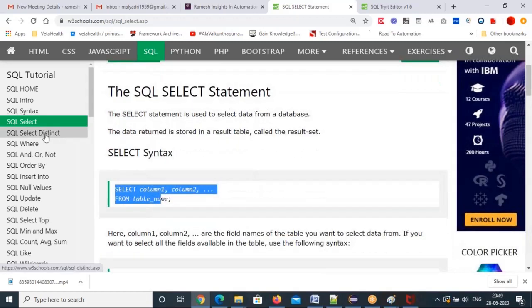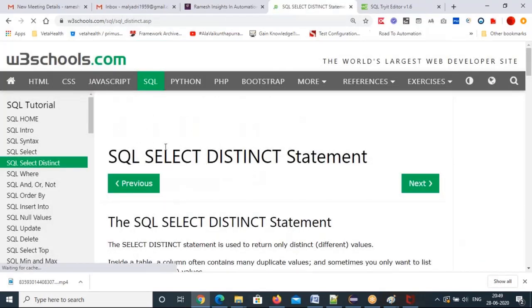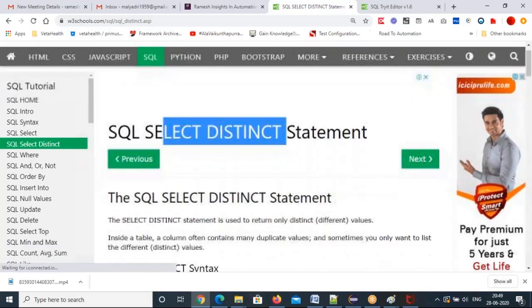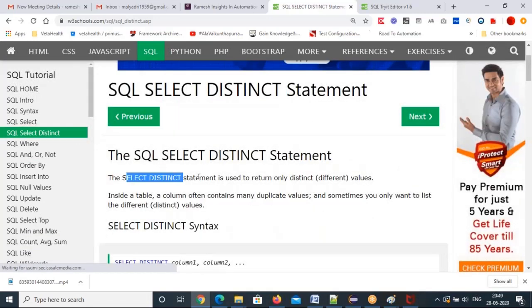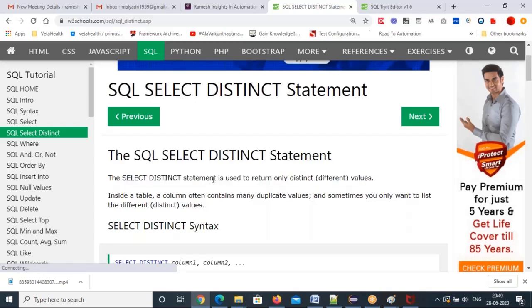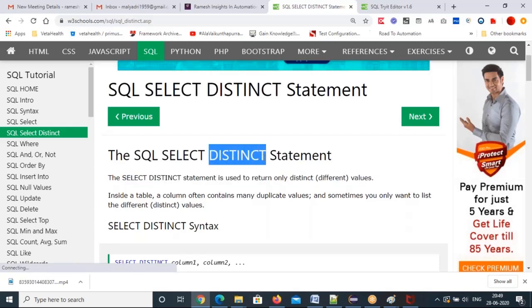Okay. So I want distinct, right? So go to select distinct. Distinct means unique data you want. See, the select distinct statement is used to return only distinct values, not duplicate values. If you want that kind of thing, you can use the distinct keyword. What is distinct? The distinct statement is used to return only distinct values. That means